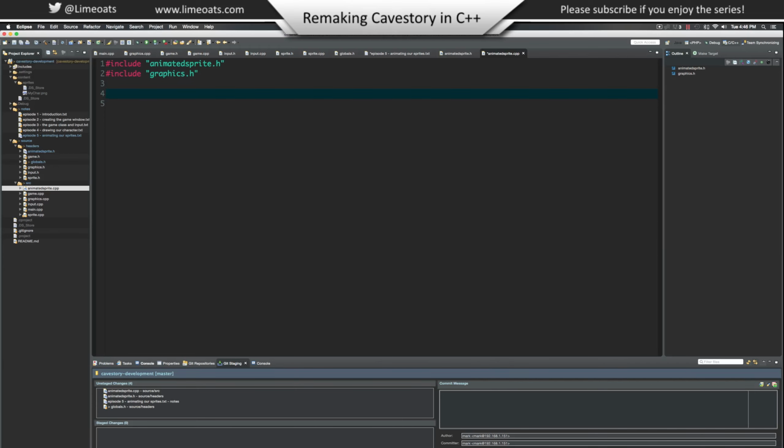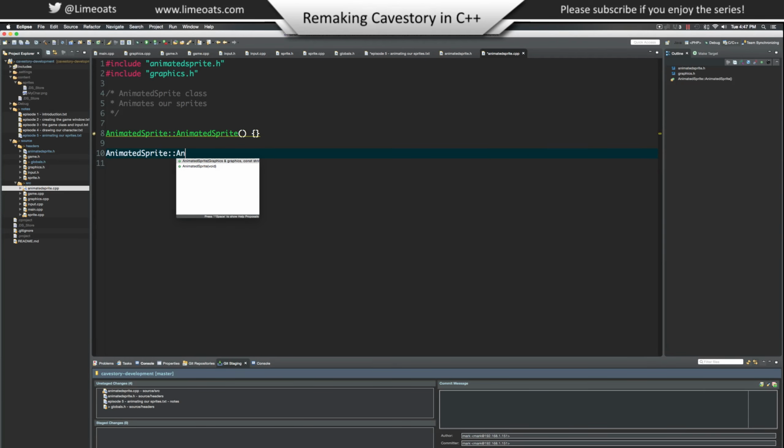We already included vector, so now we can just put AnimatedSprite class animates our sprites. Alright, so our first thing we have is our default constructor, which we're not actually implementing right now, so we're just going to leave it alone. It's going to give me a warning. That's okay. The next thing is our real constructor,